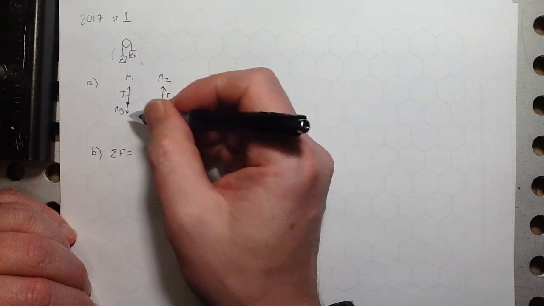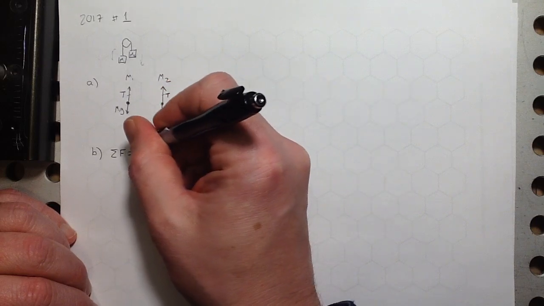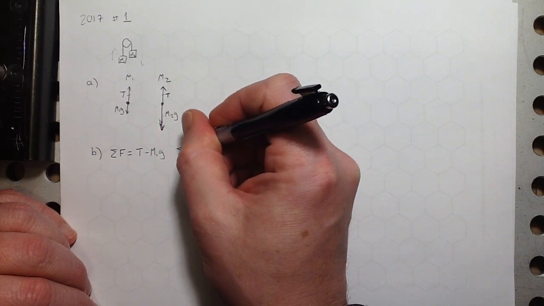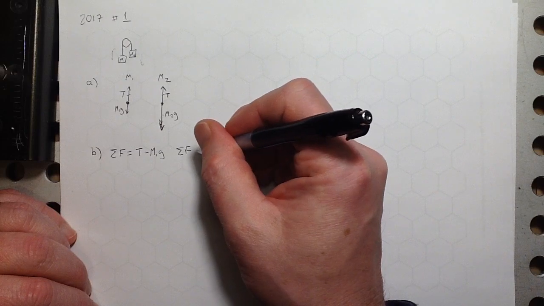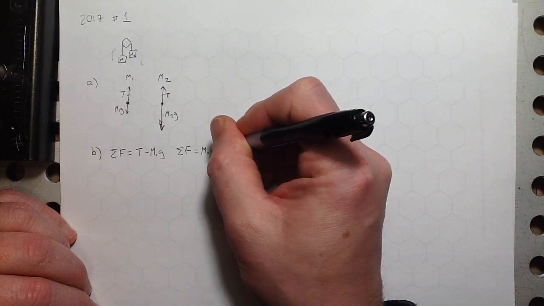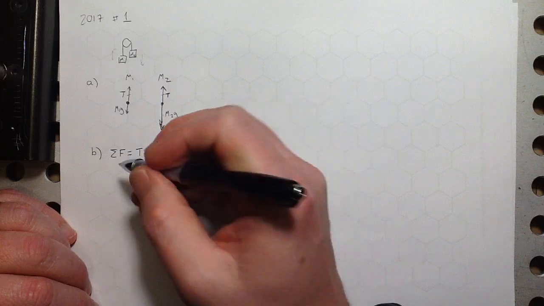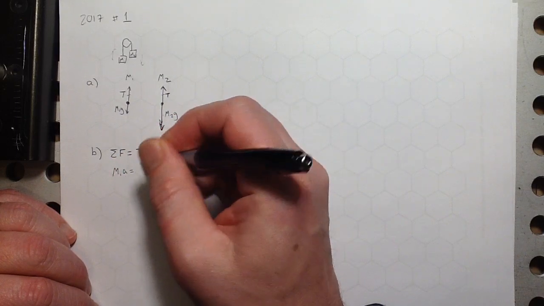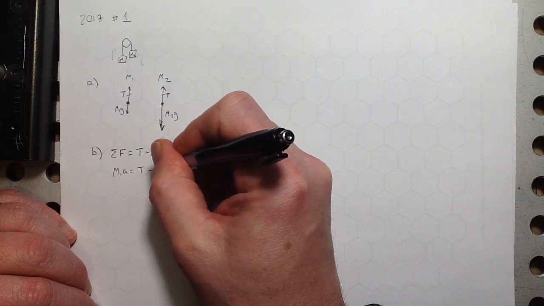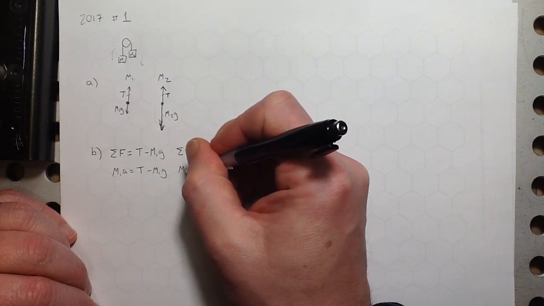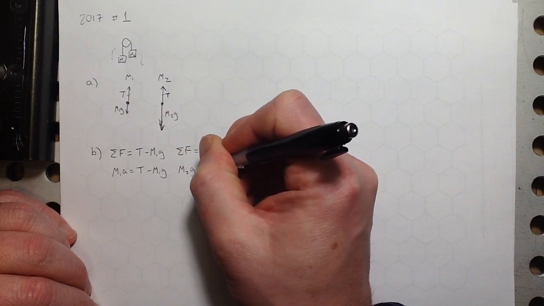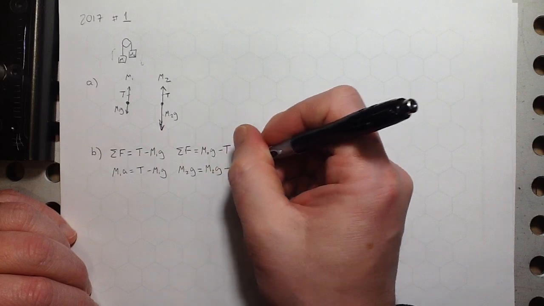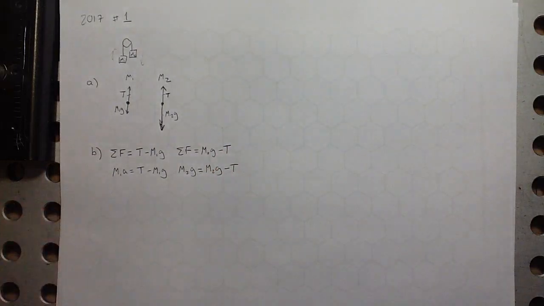So here for block 1, I have tension winning, so it would be T minus M1G. And for block 2, that force is going to be winners minus losers, and that's going to be M1A. That force is equal to mass times acceleration, don't you know? And every time we ever did this kind of problem, this would be one of the simpler examples, but even when we got to